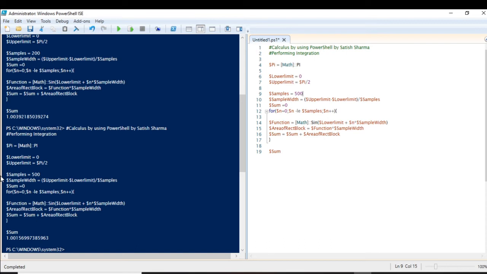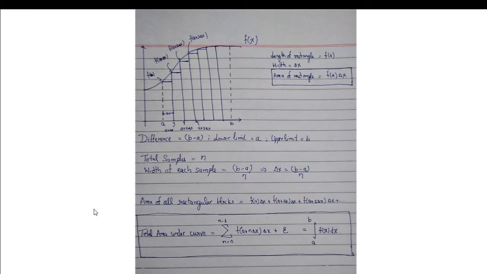Let me discuss one more thing. I want to show you visually what is happening here. You are able to see that I'm executing the code and it is giving you this answer directly. But let us see what is actually happening. I want to show you this concept live.